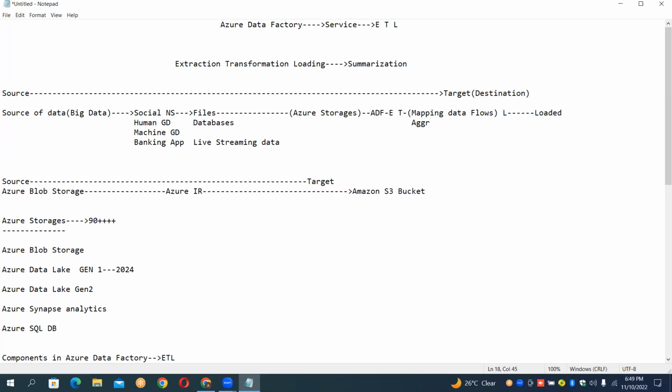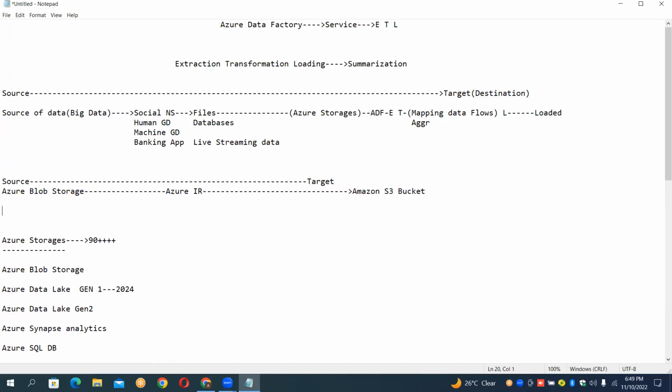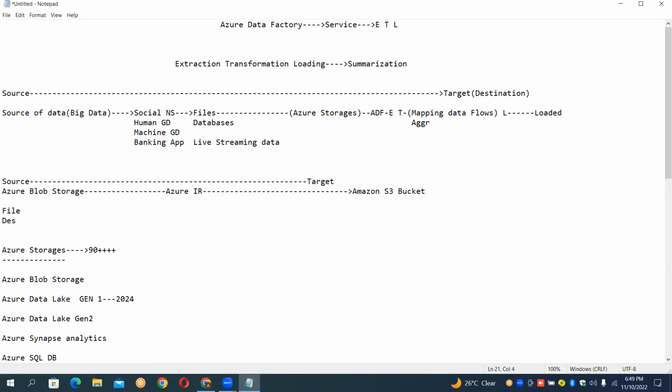We need not disturb anything. Azure IR. Generally we have 3 types of integration runtime. Suppose now, guys, here I have some file, and this file is on my desktop. Now I wanted to transfer this data from my desktop to Azure blob storage. Now tell me, what type of transfer is this?